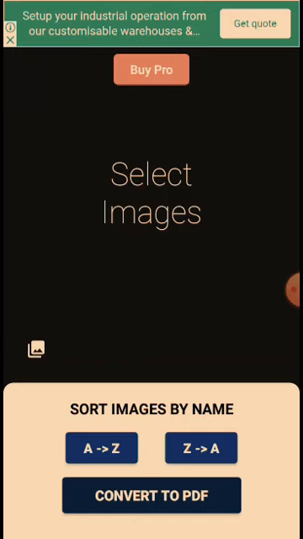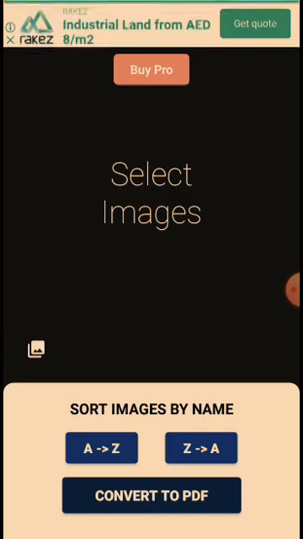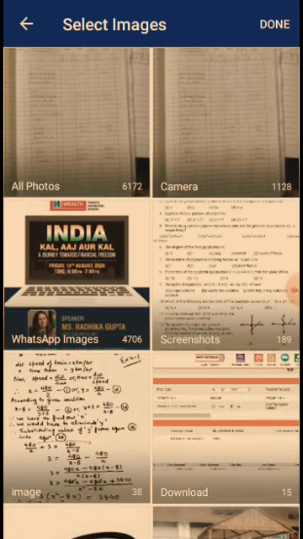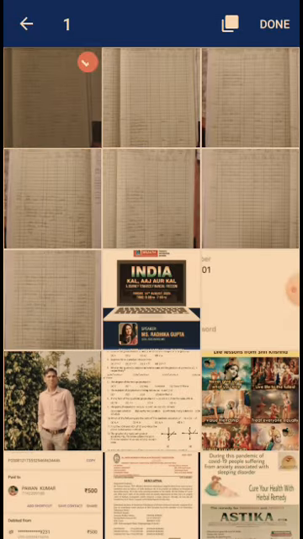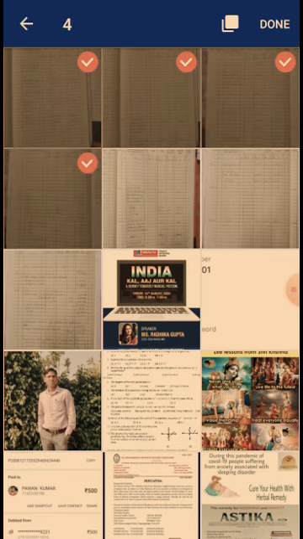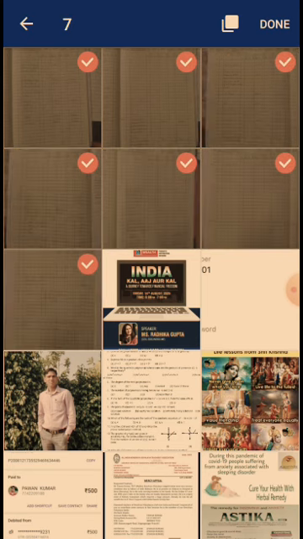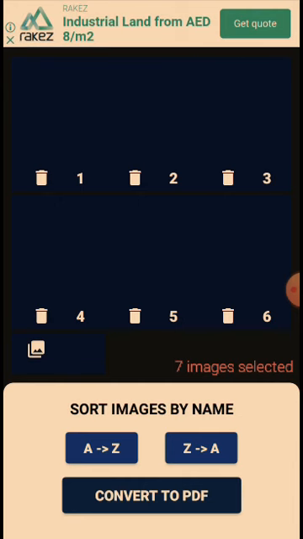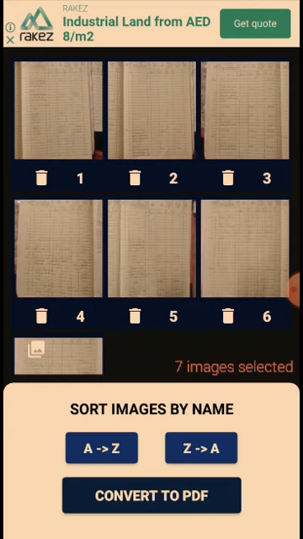So here there is also an icon representing the gallery on top, so I'm just clicking on that icon. So here you can see select images is coming. So what I'm doing here is that I'm selecting some photos which I have already clicked, just like your solutions. So here I'm clicking on the images for which I need to make the PDF. So I select all these images, and then after that I click done. So all these images I can see now here. So now I will convert all these images into a single PDF file.